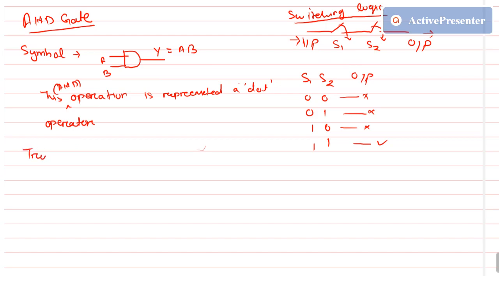Next thing is the truth table. So the truth table of the AND gate. So what will that be? Let us draw it. I will write here A, B, and I will write the output as Y here. So what is Y? Y equals A into B. Okay, I will write all the possible combinations. So what are the combinations? 0 0, 0 1, 1 0 and 1 1.